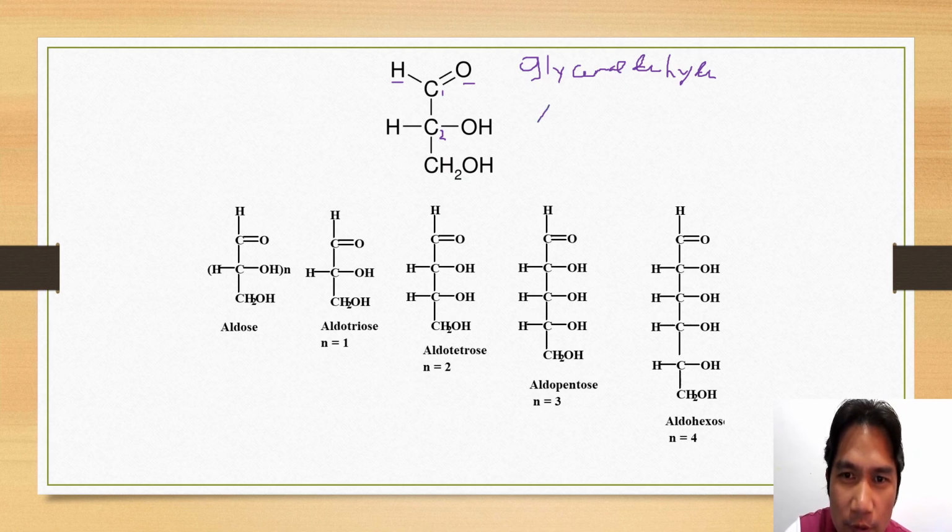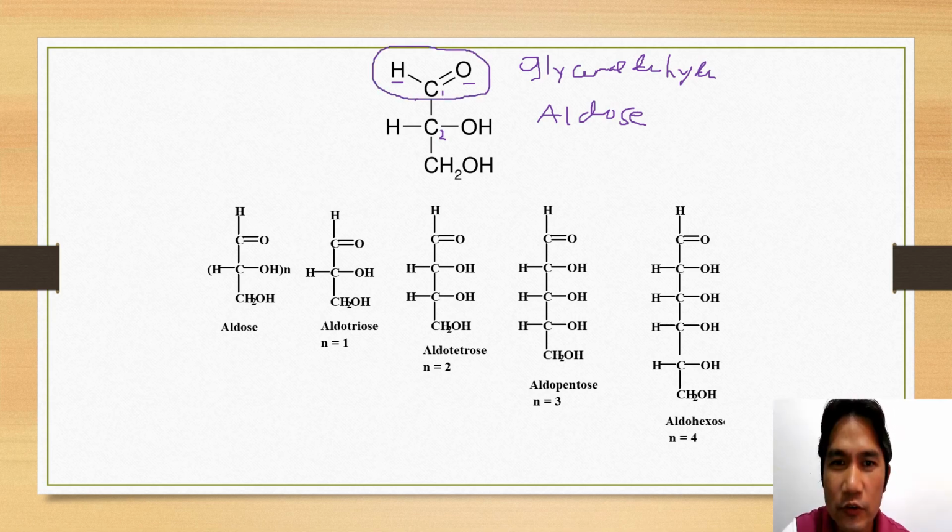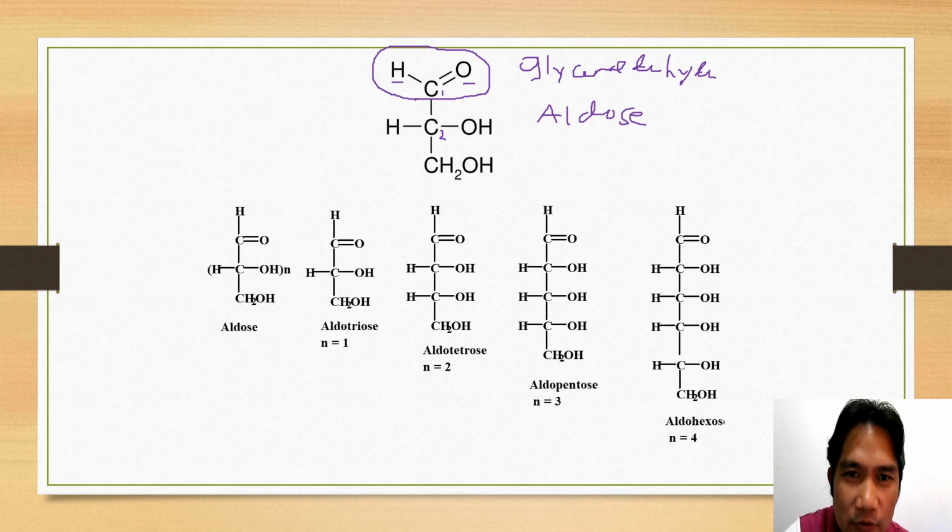Remember, when we say aldose, this is based on an aldehyde, the functional group right here, as I have explained before. So that's why this is an aldose. Moreover, it has three carbon atoms, 1, 2, 3, that's why it's called a triose. All in all, glyceraldehyde is an aldo